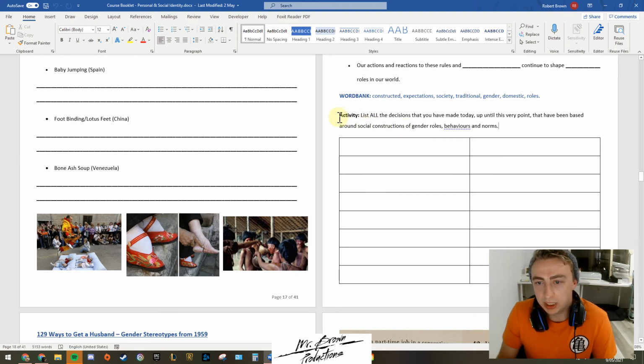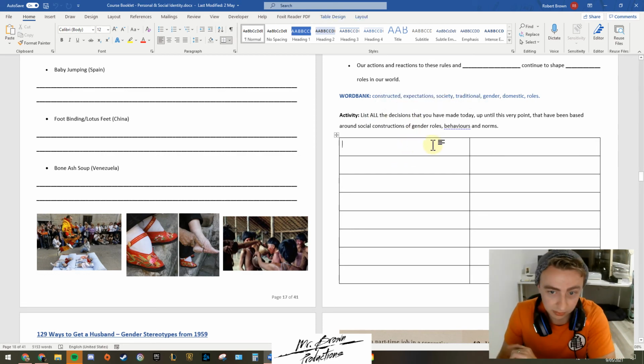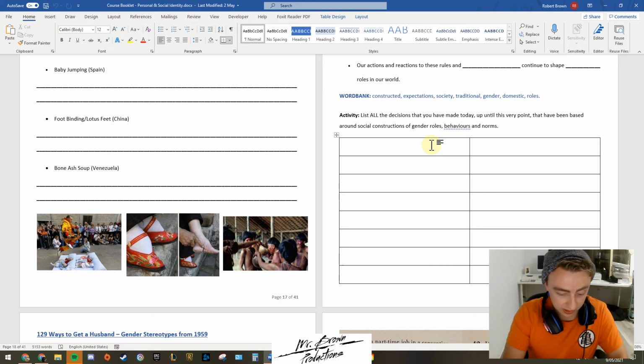And I want you to list all the decisions, and I want you to really think back every single decision you have made today up until this very point that has been based on the social constructs of your gender, what society says your gender role has, and the behaviours and norms associated with such. So, for example, and I just want you to list them in here. So, for example, first one that influences me as soon as I wake up is the clothes that I put on. So how I dress myself